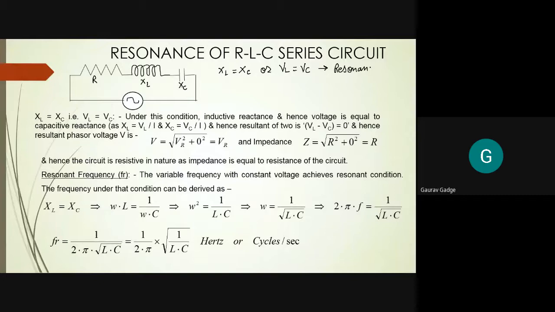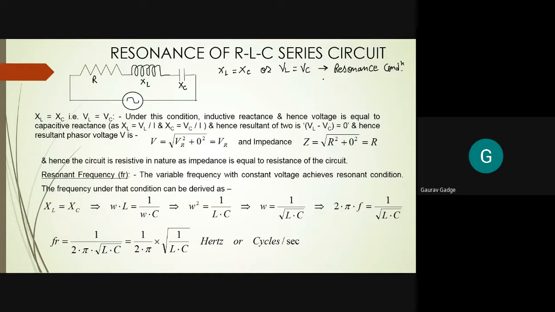The condition is called the resonance condition. So all of you please remember this. If in a multiple choice question, the question is asked like, the resonance condition for a series RLC circuit is, and you have four options like XL equal to XC, XL greater than XC, XL less than XC, XL not equal to XC. If these four options are given, then you have to pick the correct option, and the correct option is XL equal to XC.